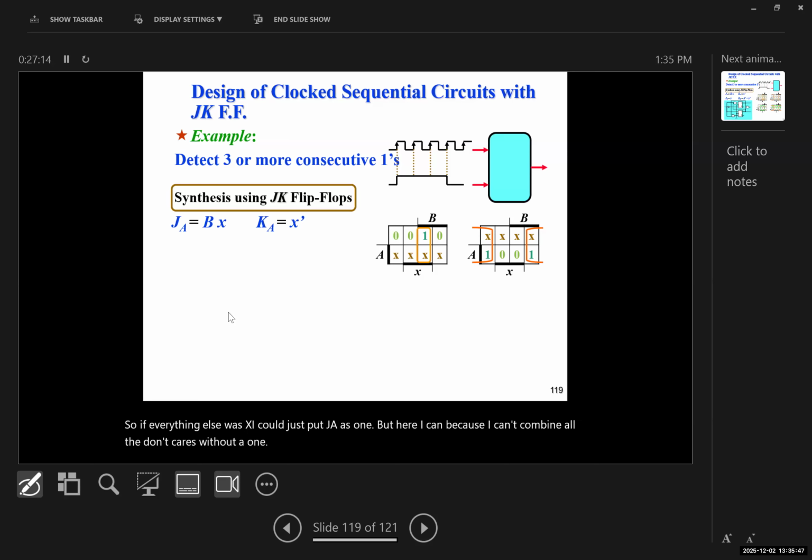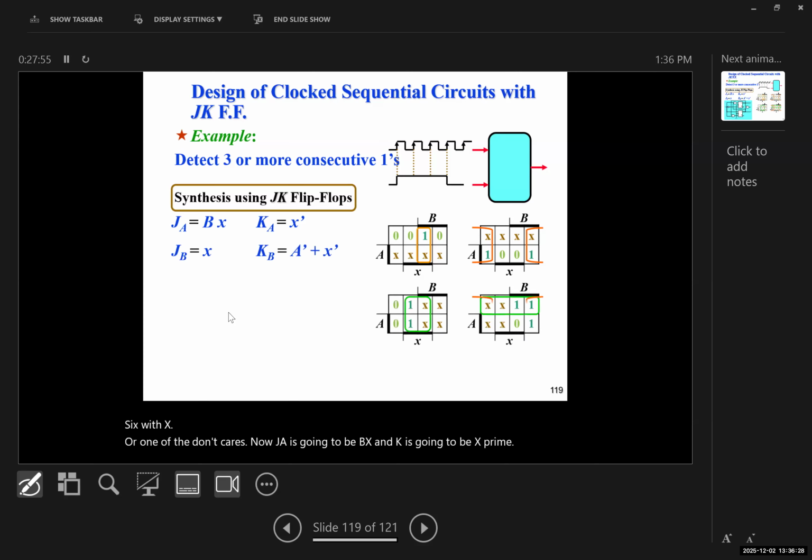Now KA is going to be, again, 4, 5, 6, 4 and 5. 4 is 1, 5 is 0, 7 is 0, and 6 is 1. And 0, 1, 2, 3 are don't cares. And when we combine them, we can combine 0 with 4 and 6 with X, or one of the don't cares. Now JA is going to be BX, and KA is going to be X prime. Now JB and KB,